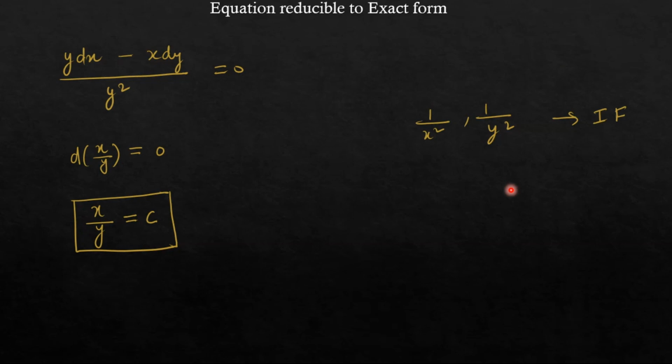Either you can multiply by 1 by x square, or you can multiply by 1 by y square, or even you can multiply it by 1 upon x square plus y square. That will convert it into d of tan inverse. That means the integrating factor for any equation is never unique. It can have different forms. Now let us see certain cases where you can have certain standard